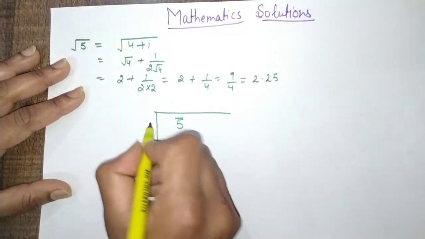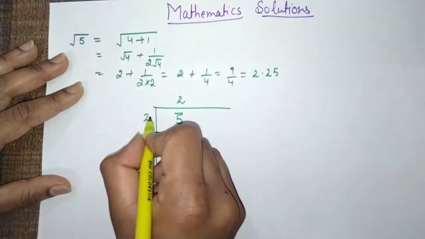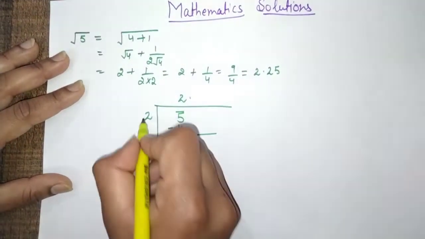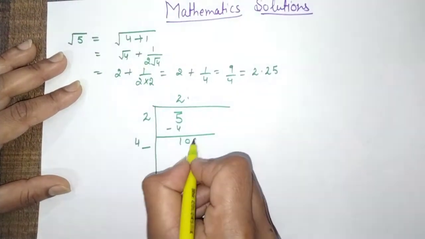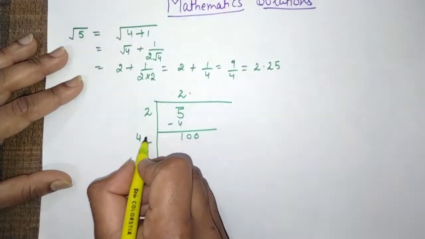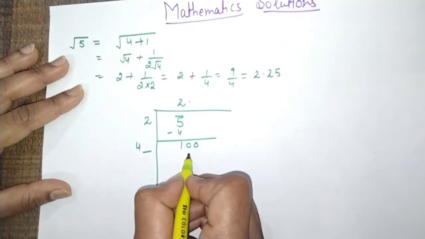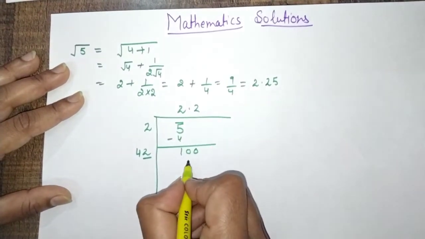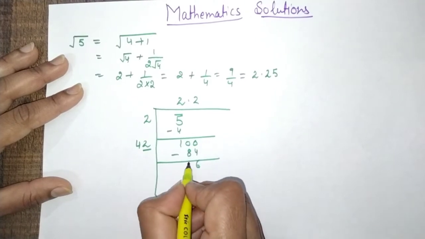First of all, mark the digit pairs, then find the number whose square is equal to or less than this. 2 squared is equal to 4. Put the decimal here and add this number, write it here. Now for this decimal, bring down a couple of zeros as we did in the previous example. Now if I write 3 here and multiply 3 by 3, then we get 3 4s are 12, which is greater than this, so we will write 2 here. 42 2s are 84. 10 minus 4 is 6, 9 minus 8 is 1.